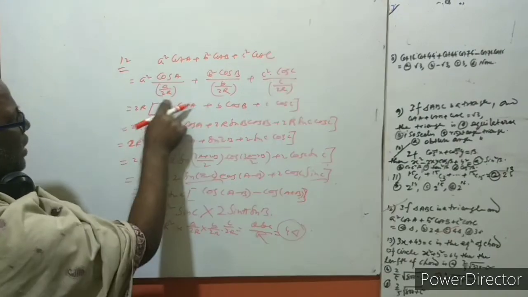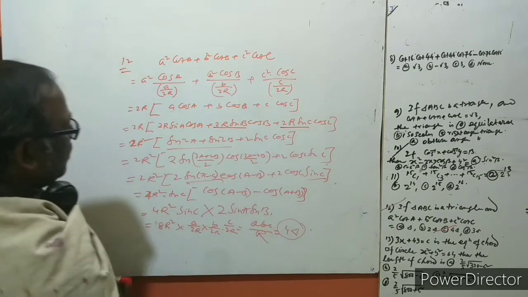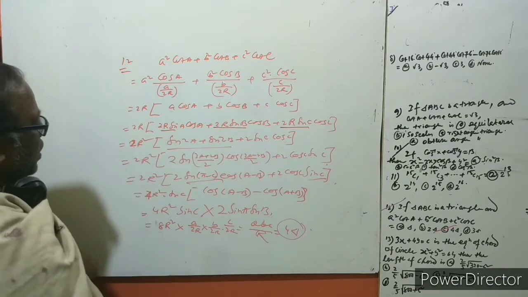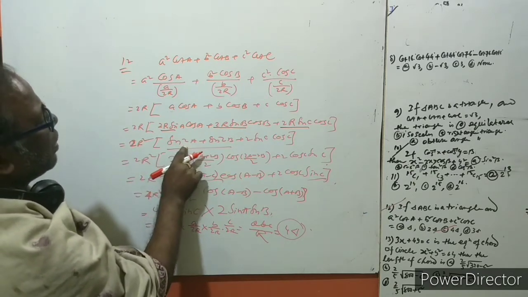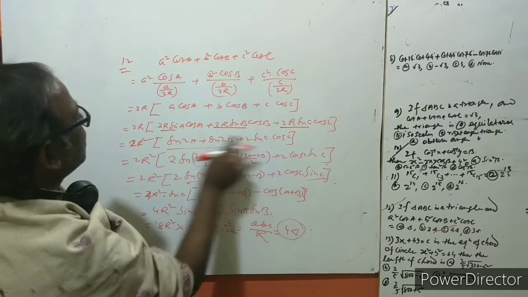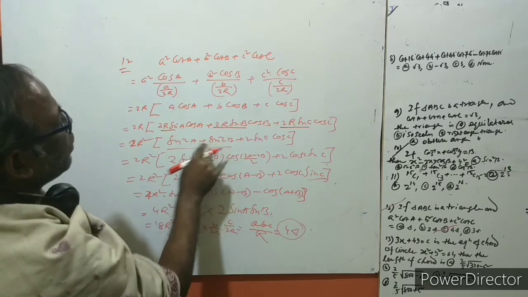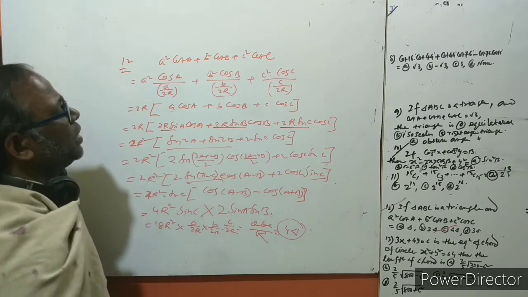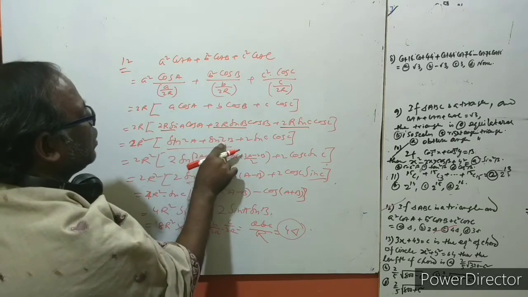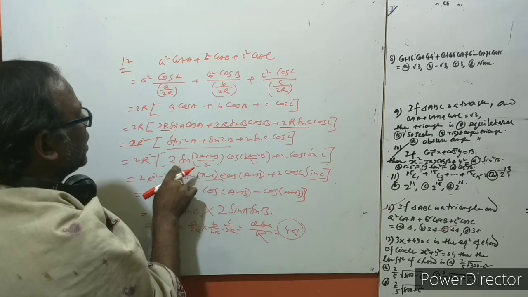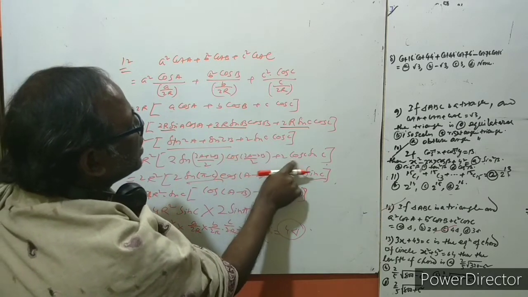Okay, again here a is equal to 2R sin A, b is equal to 2R sin B, c is equal to 2R sin C. Okay, and take 2R common here. So we get 2R square. Therefore sin 2A, sin 2B, and 2 sin C cos C. 2 sin A cos A, that is sin 2A. Sin 2B, 2 sin B cos B, that is sin 2B. That is sin 2A plus sin 2B, that is sin C plus sin D, that is 2 sin of (C plus D) by 2 and cos of (C minus D) by 2 here. And this is 2 sin C cos C.